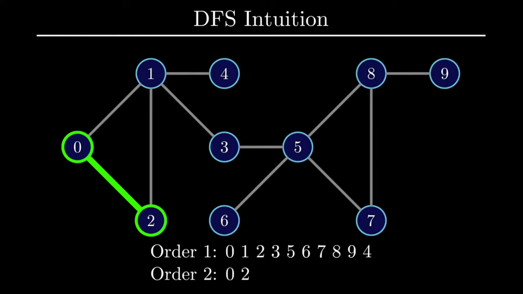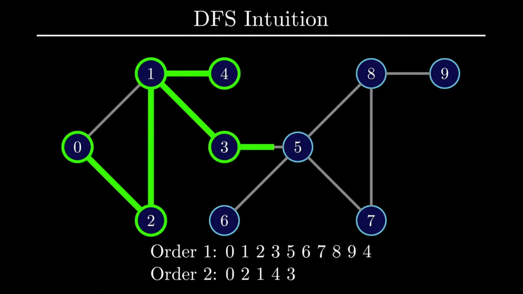Anyways, back to what we were doing after visiting vertex 2, we only have one choice, which is now to go to vertex 1. From there, let's say we now visit vertex 4, which then leads us to a dead end, so we go back to vertex 1. Now the path forward leads us to vertex 3, which then forces us to visit vertex 5, where we now have several choices. Let's pick vertex 8 this time.